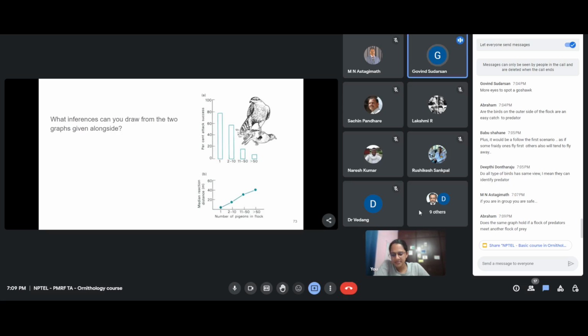Also regarding murmuration, I've seen a lot of documentaries in which large schools of fish swim together, to avoid predators. Yeah, I just mentioned that. I don't know, Govind, if you're not hearing the audio as well. We just discussed that with Lakshmi. Oh, you heard this? Okay. I heard bits and pieces. Okay. So yeah, I don't know how the graph looks if it is multiple prey and multiple predators.